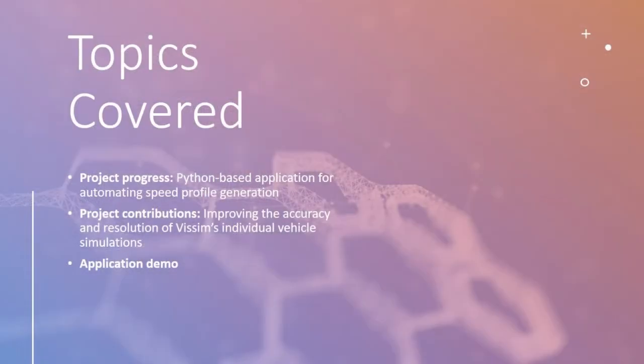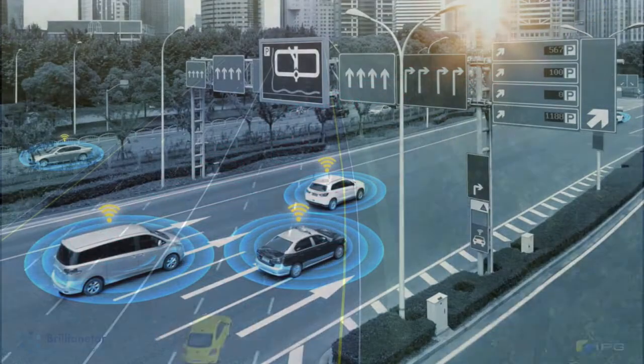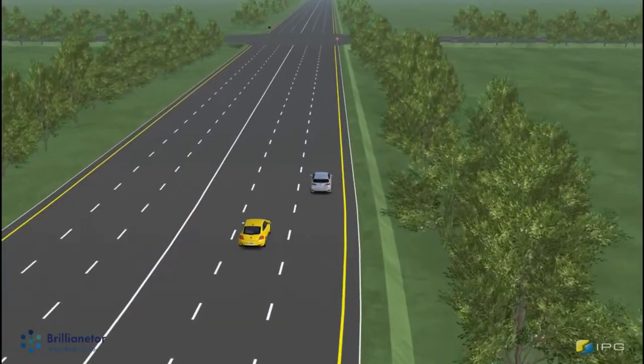Today, I would like to share with you the progress of our project, the contributions this makes to the goals of the STRIDE group, and lastly, how to use our tools to improve the resolution and accuracy of the PTV Vissim traffic simulation software. Cooperative automated driving systems can be simulated using a vehicle dynamics simulation tool, such as CarMaker